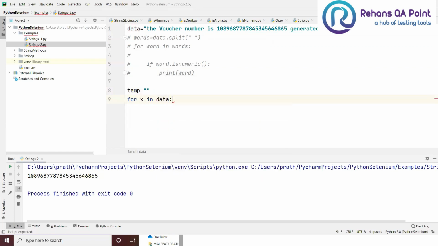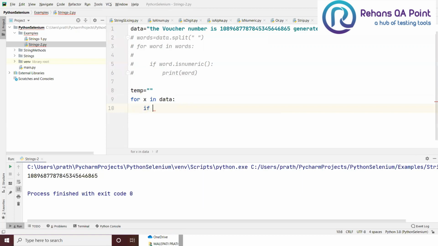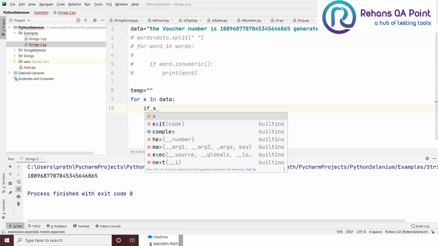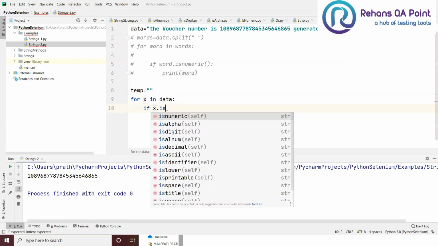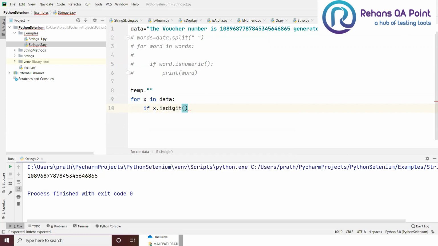So now what will happen? I can pull each and every character from the source string. Now I'm going to use my if X dot isdigit.